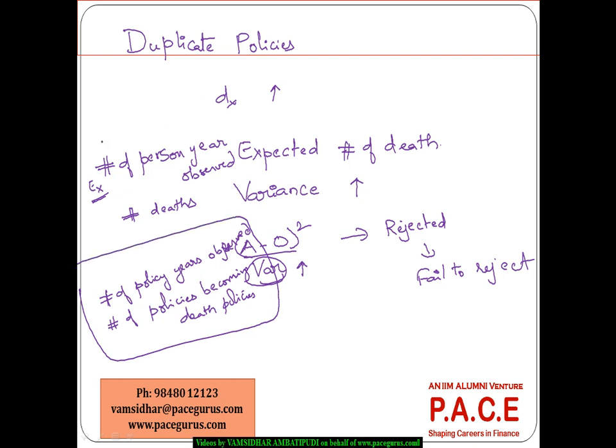So rather than measuring the mortality experience in terms of persons and the number of deaths, we could very comfortably handle the number of policy years and the number of policies turning into deaths. That is a much more appropriate thing, because one person having multiple policies can quite comfortably be addressed through this mechanism,